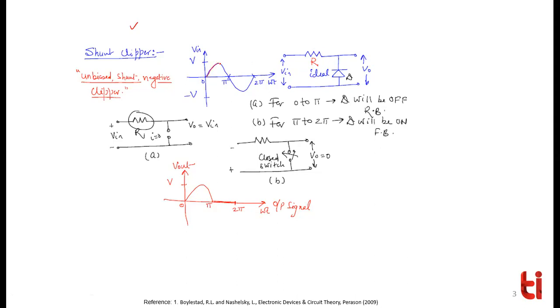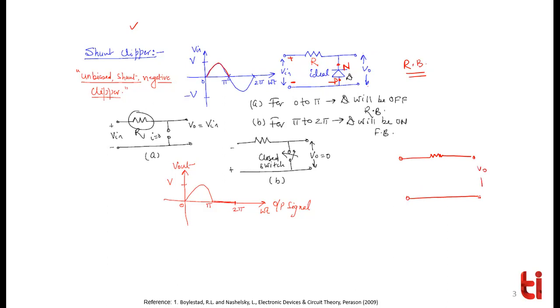So in the positive half cycle, again, you need to check whether the diode is in forward bias or reverse bias. In the positive half cycle, this will become positive and this negative. Here we have taken the example of a sine wave. So if this is positive, this end is N and this end of the diode is P. So definitely N is connected to plus, P is connected to minus. It becomes reverse bias. If it is reverse bias, it is open. If it is open, what will be the output? The output will be the same as the input because this circuit will be redrawn like this.